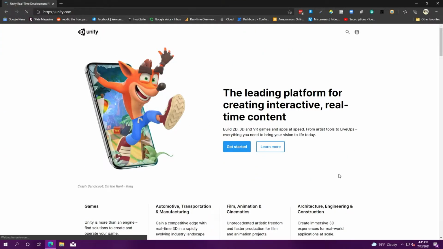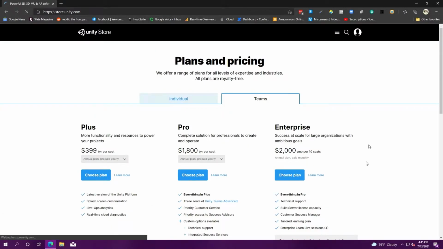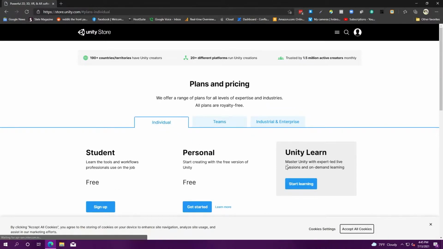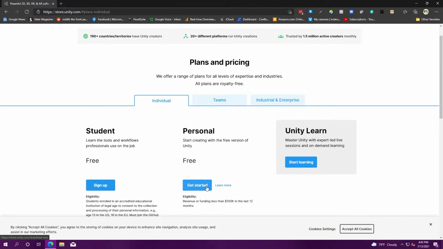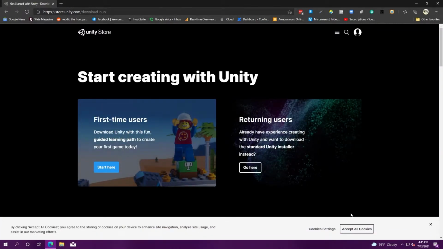unity.com. Now, what this looks like may differ a little bit for you depending on what Unity's got on their homepage, but we're going to click Get Started in any event. That should be near the top. And on these tabs, we're going to go over to the individual tab and select Personal and click Get Started, because I'm assuming you are someone who's learning and you're not a game company that's made $100,000 or more in